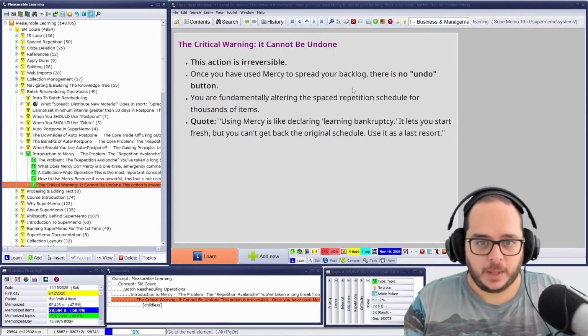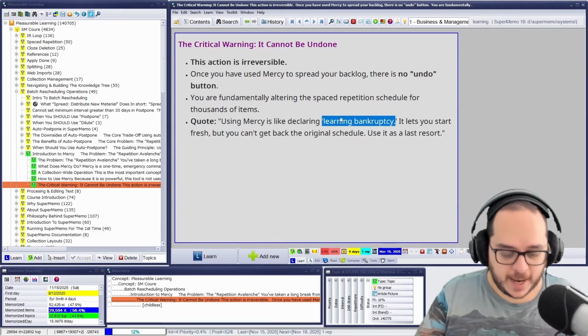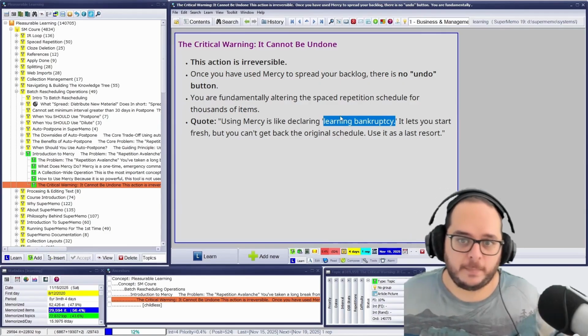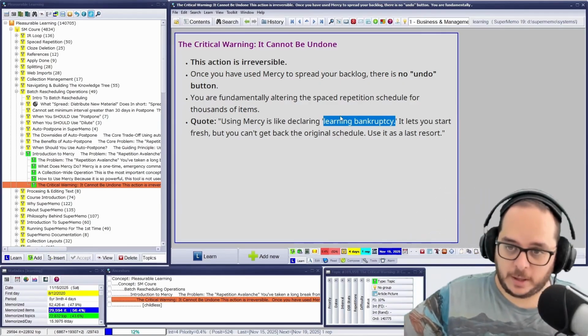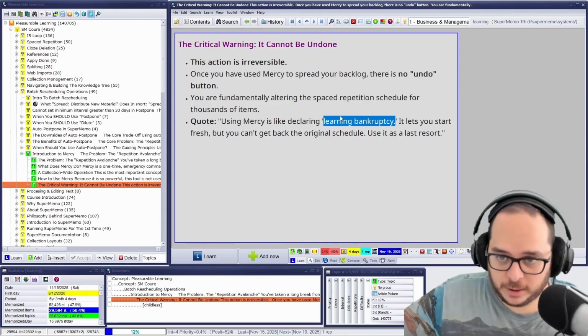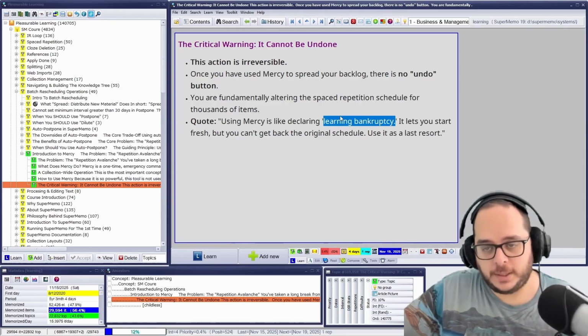That's why using mercy is like declaring learning bankruptcy. It's just before death. It lets you start fresh, but you cannot get back to the original schedule. This has been lost. Use it as the last resort. Before deleting the collection, use mercy.